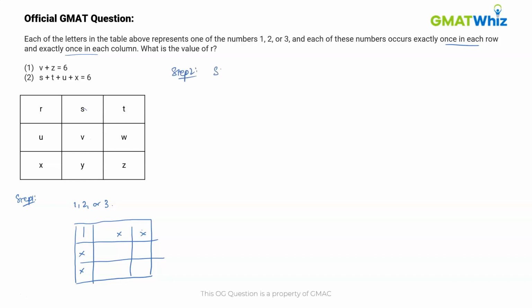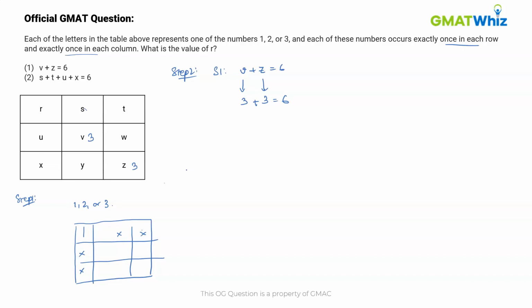Now in step 2, we analyze statement 1, which tells us that v plus z gives us 6. Now when is this possible? This is possible only when the values of v and z are individually 3, such that they add up to give us 6. So, if v is equal to 3 and z is also equal to 3,